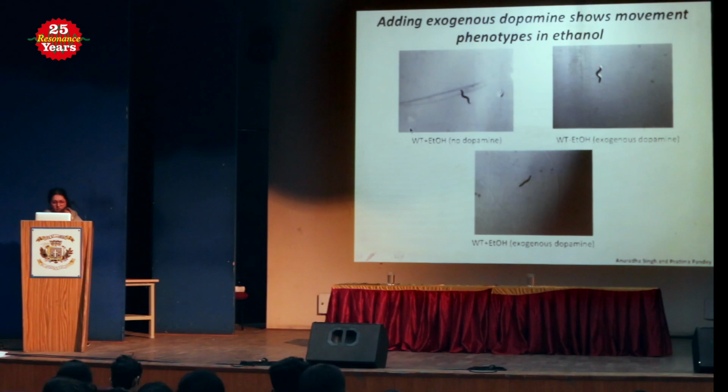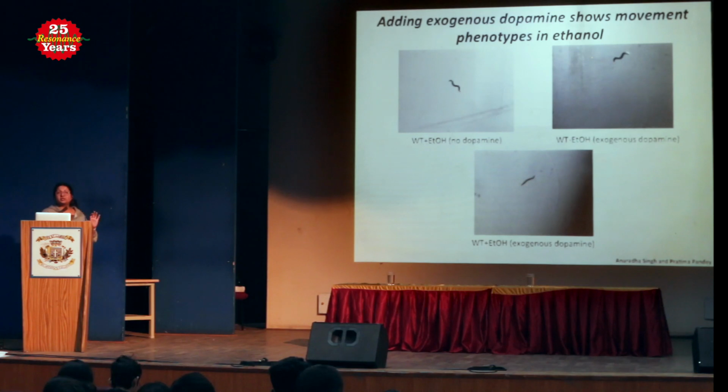So this is just a worm with just ethanol, wild type worm with just ethanol. We already saw that it moves fine. This is a wild type worm without ethanol, with just dopamine. And we see again that it moves around fine. This is a wild type worm which we've given ethanol and dopamine. So this is not the mutant worm, it's wild type, it has dopamine and ethanol. And you can see that it completely mimics the previous phenotype. It's not able to move. Indicating that the loss of this DOP2 protein might actually be causing more dopamine to